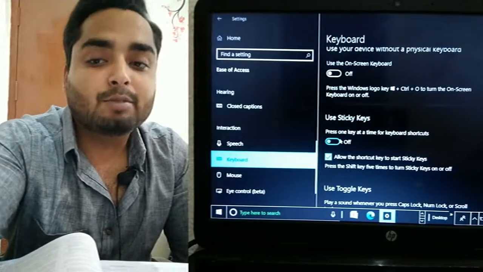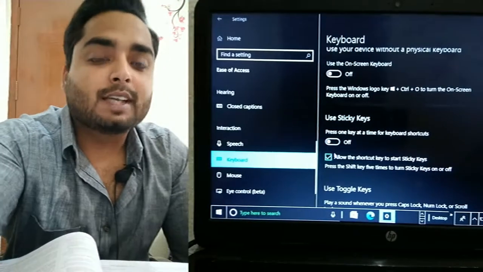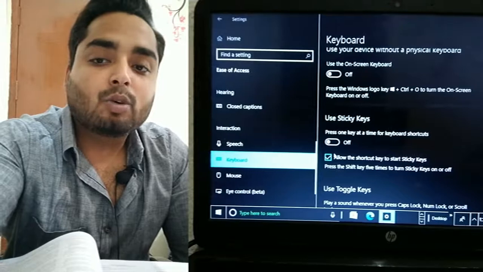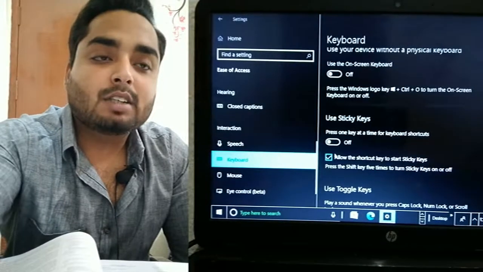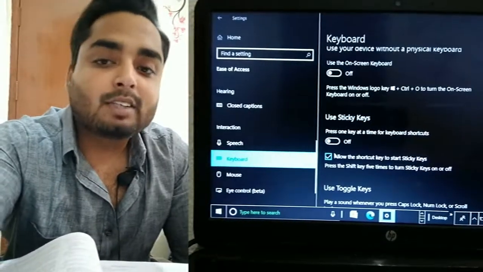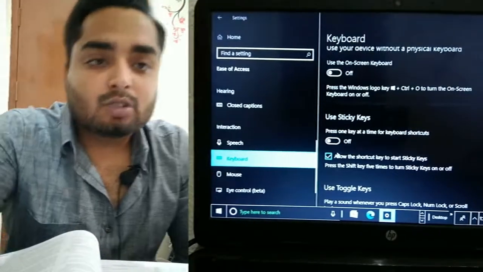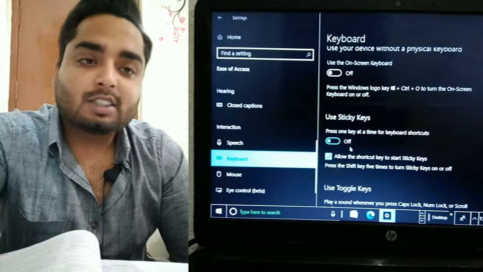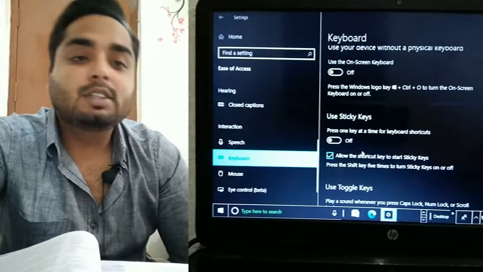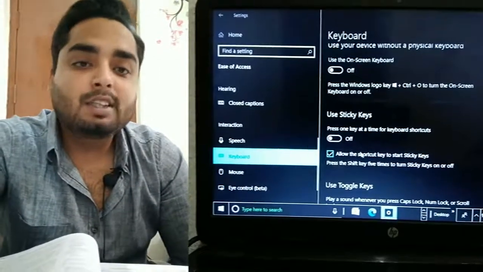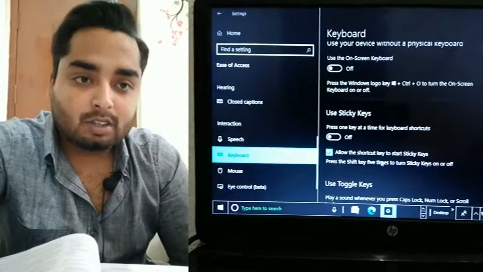That means if we have to press Control plus A, we only click on Control one time, then we can lift our finger and go to the A button or any other shortcut key. So sticky keys help physically impaired persons to easily use shortcut keys on the keyboard.